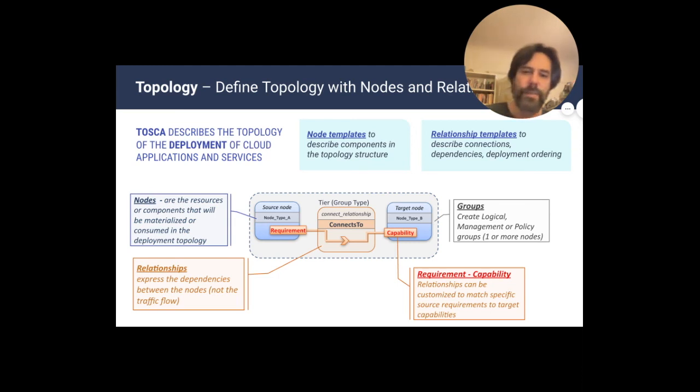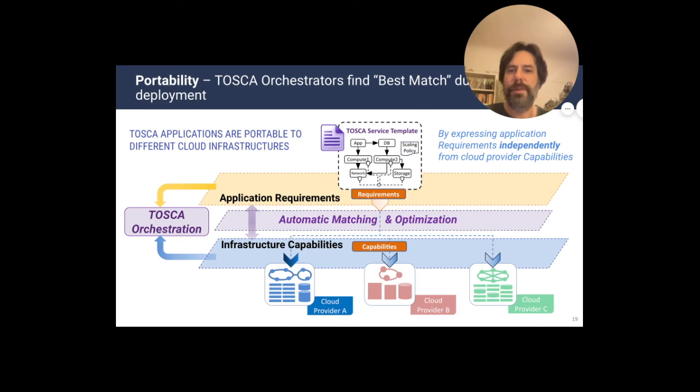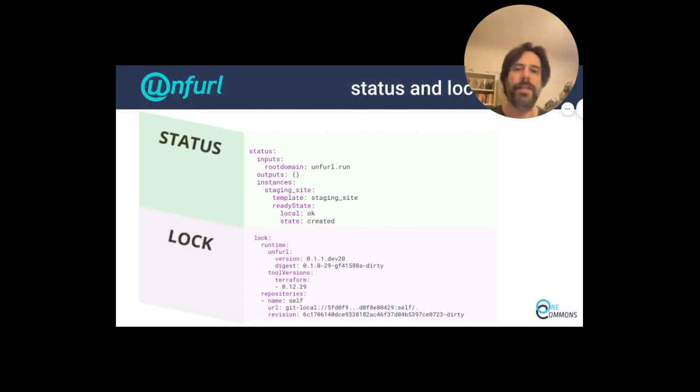It needs to run on a compute instance, it needs to connect to a database, etc. So you can define those here, and then the algorithms, the part of the Tosca protocol, will select the proper actual implementation and specific details around that, and then after it runs, you saw how